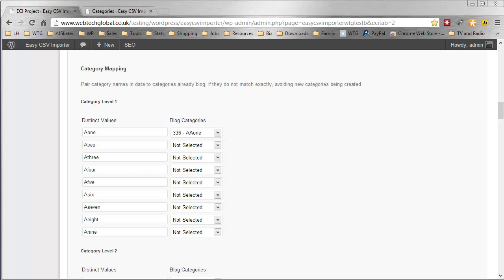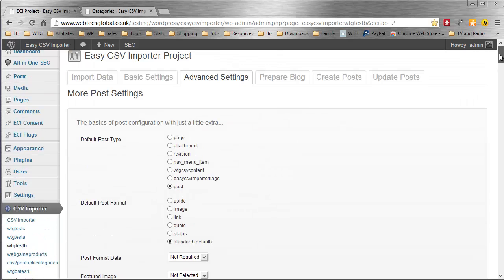I'm going to show you how to set up the category mapping, but then I'm going to show you how Easy CSV Importer avoids creating the extra categories that you do not want created, and instead recognizes the categories already in your blog. Alright, the first thing I'm going to do is show you the categories I already have in the blog. I've tried to keep it simple,